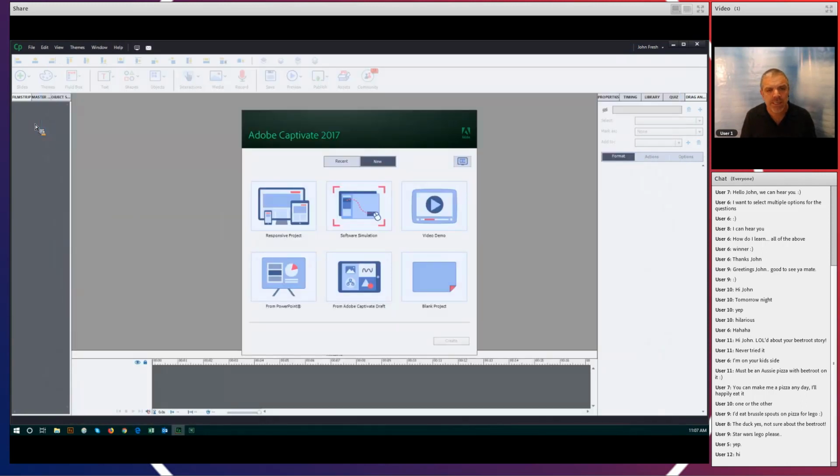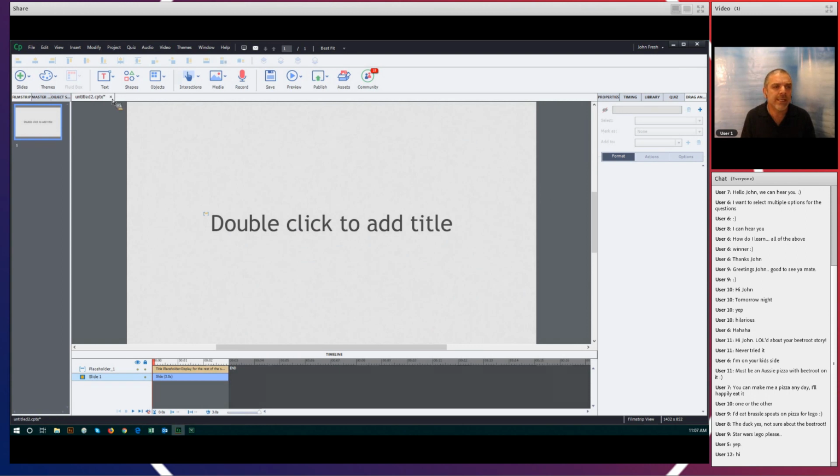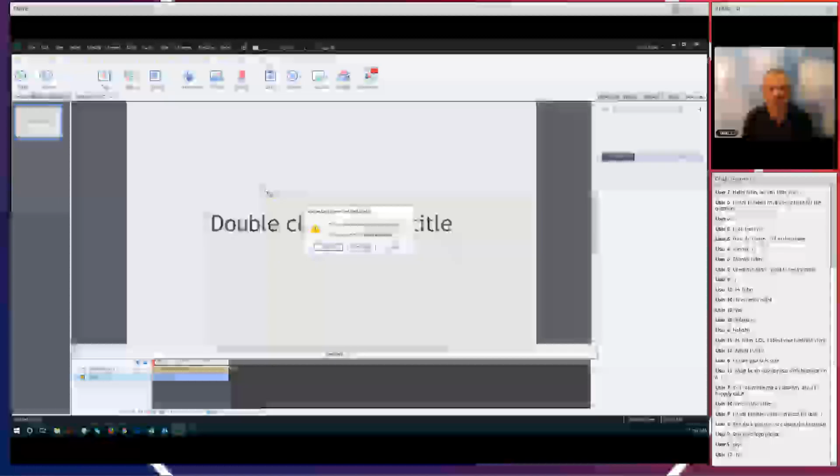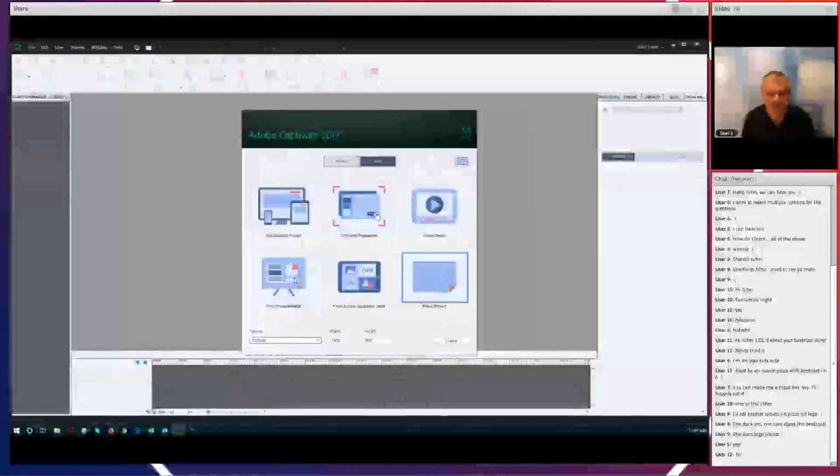First of all, we're going to create a quick little Captivate project. I'm not going to worry about responsive too much. I'm just going to create a blank project. The size of the project isn't really relevant at this stage. I'm just going to close this down and do that again. Blank project. So, with the canvas size,